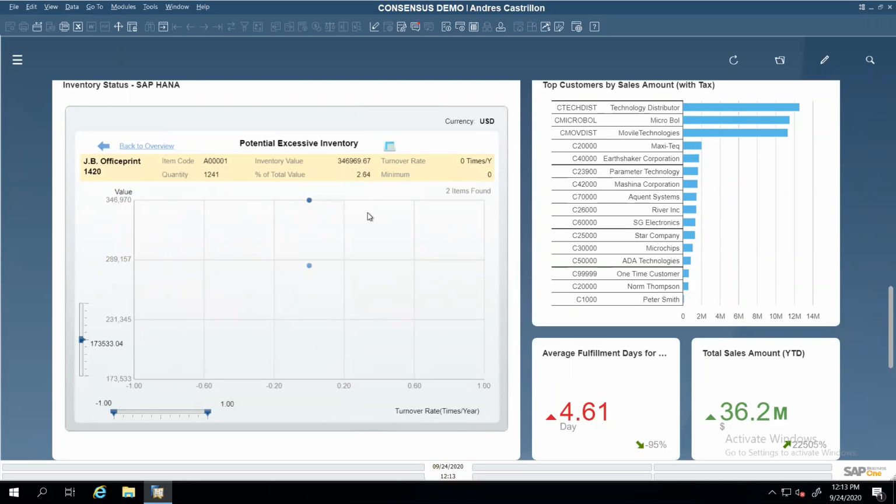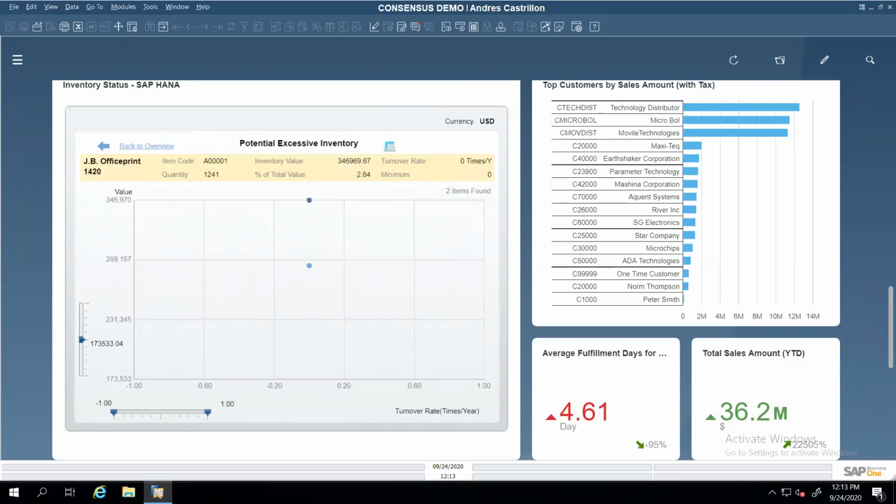I have a lot of them, I'm not selling this item very often, and I have 1,200 of those. So yeah, I've got to get rid of them. There are so many things that I could do pretty quick, that I need to move and work on quickly.